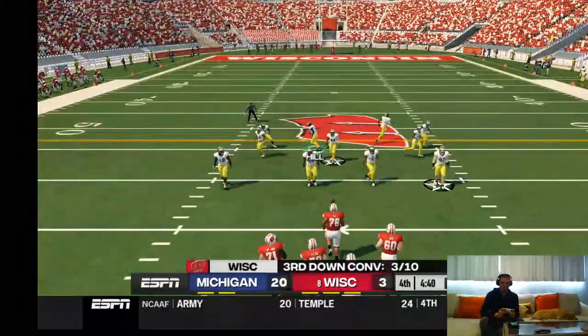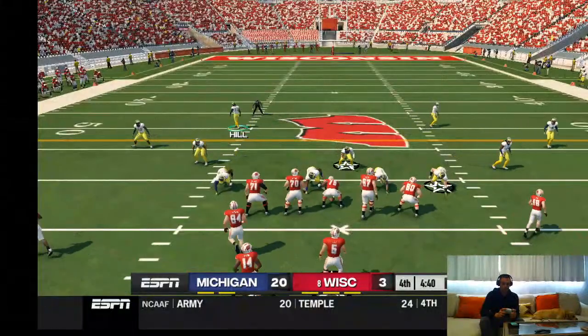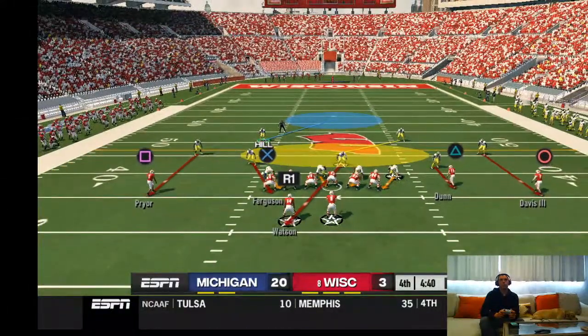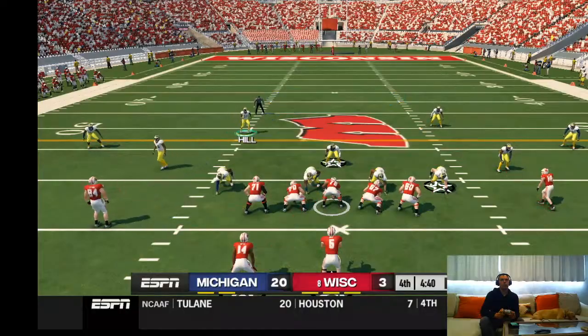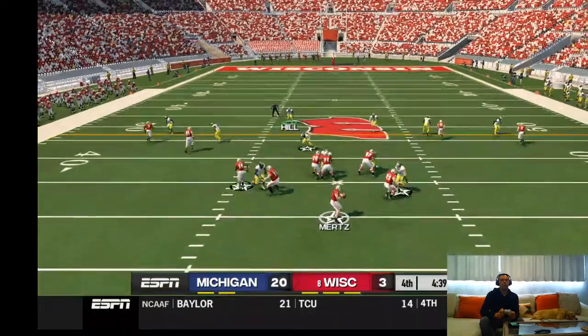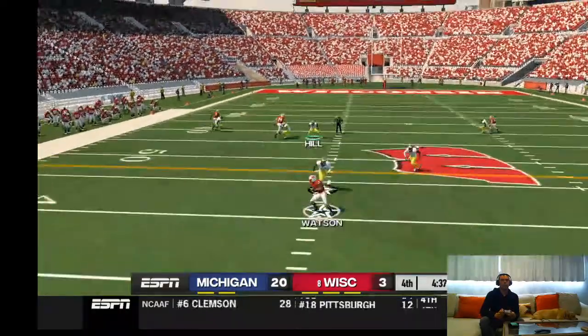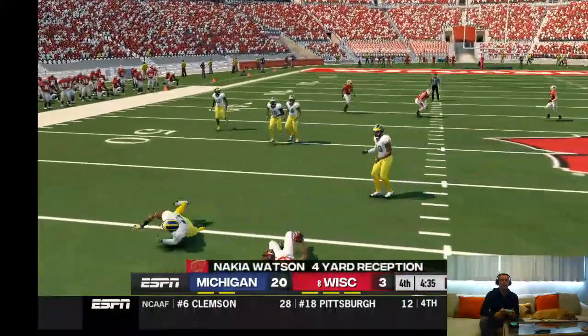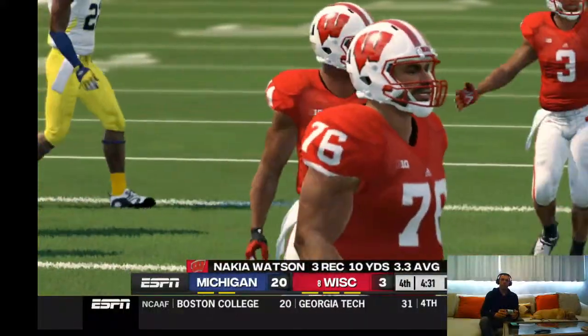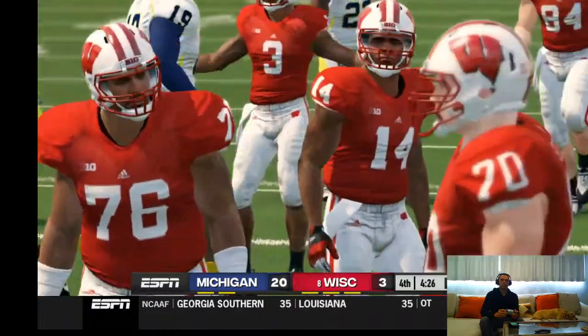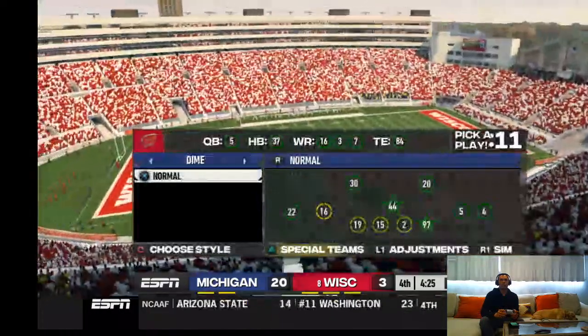Here's 3rd and 9. Ball on the 37-yard line. Set. 395. 395. Kill it. Motion me out. Finds his man, and they take him down immediately. It'll be short of the first down after the completion. Well, good effort by the defense to make sure they got him before he got to the marker.